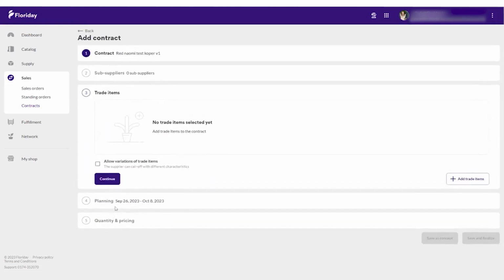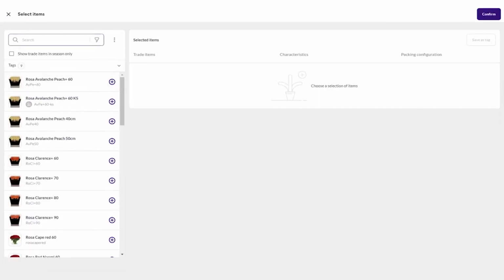Add sub-suppliers if applicable. Is the step not fillable? Then go back to Step 1 and check Contract with Sub-Suppliers. In the next step, we will add articles. Add items to the contract by clicking Add Trade Items. Use the search bar to quickly find the items you want and click on the items you want to add